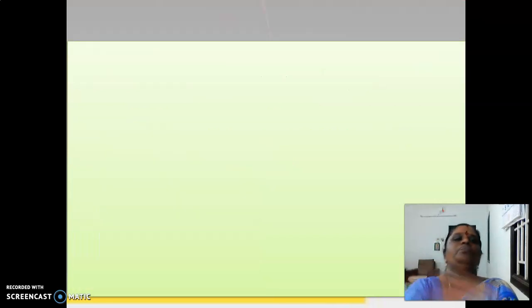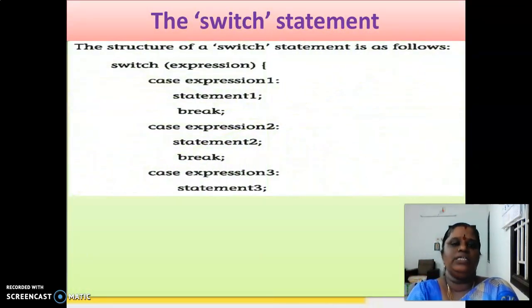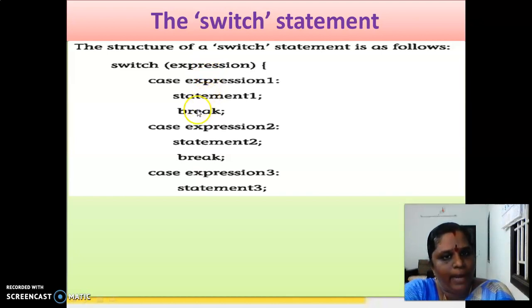See here, the structure of a switch statement is, you are having a switch here and expression and case. Here is the expression. If the expression matches this case, this statement will be executed and it will break and come out of the switch. But if the expression matches the next case, that statement will be executed.